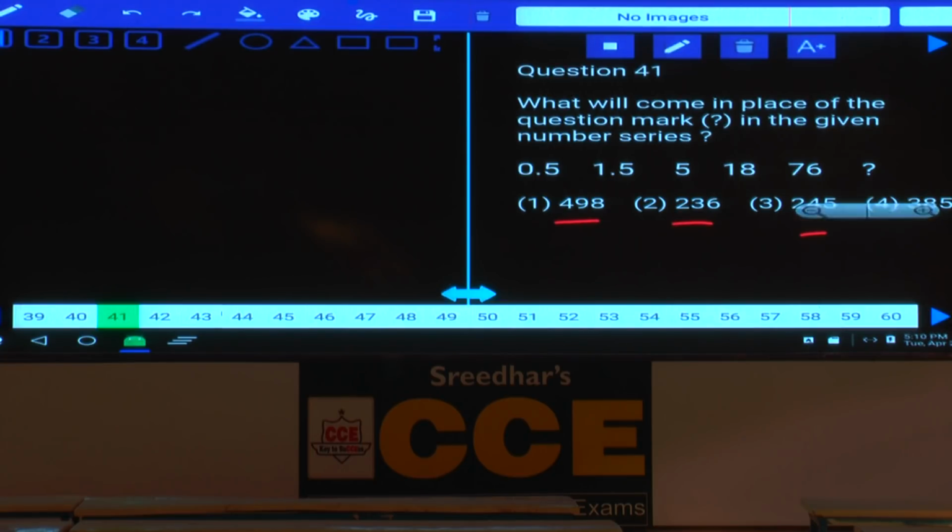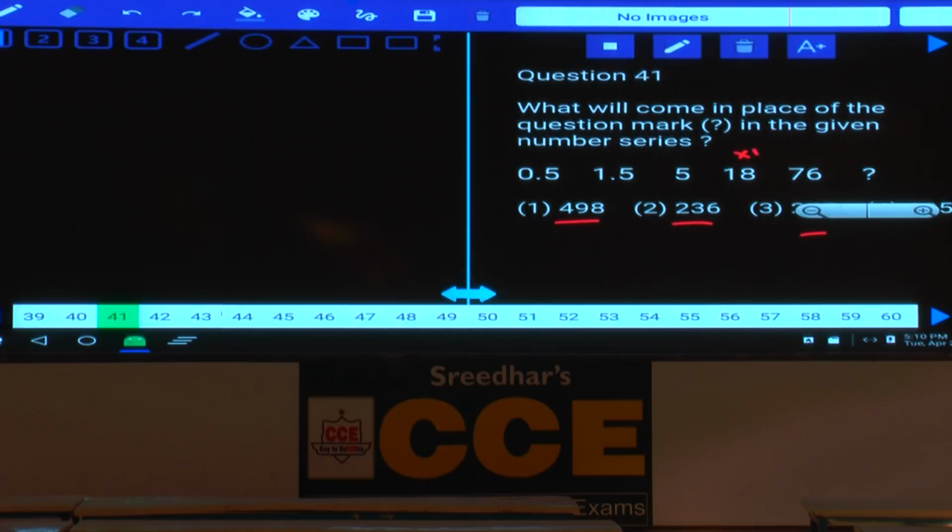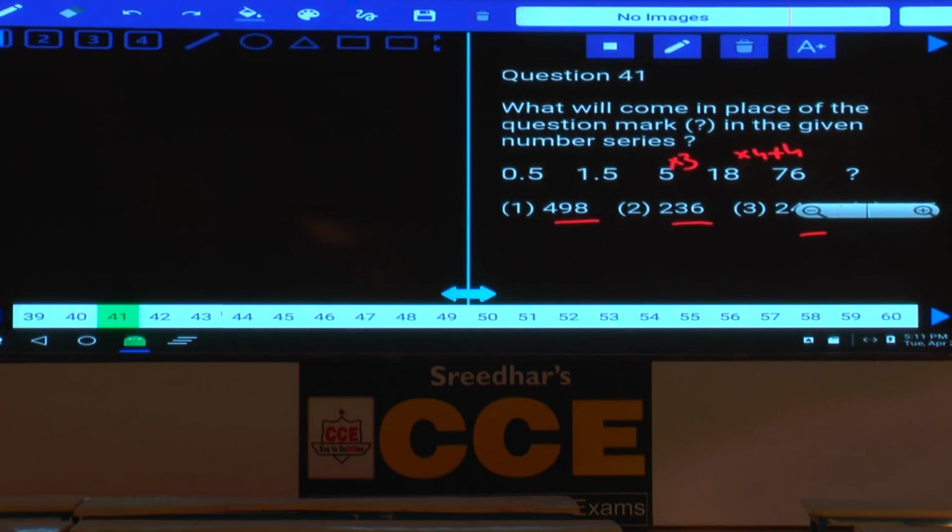As the numbers are increasing at a very fast rate, it must be under multiplication or combination, isn't it? In the case of multiplication, 1.5 and 5 is not possible. Hence it must be under combination. Combination we need to try out at the highest pair. What is the highest pair? 18 and 76. 18 into 4 is so much? 72. Plus, how much is 76 plus 4? Now this is into 4 plus 4. As this is into 4 plus 4, the previous one will be into 3 plus 3, check it out.